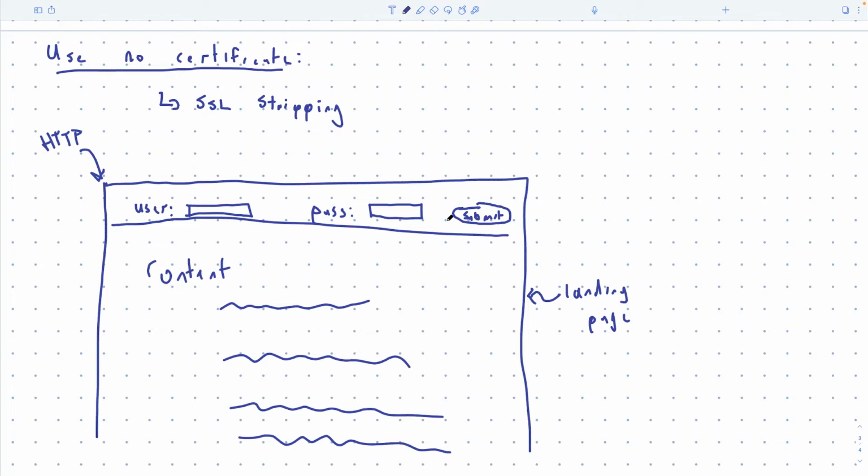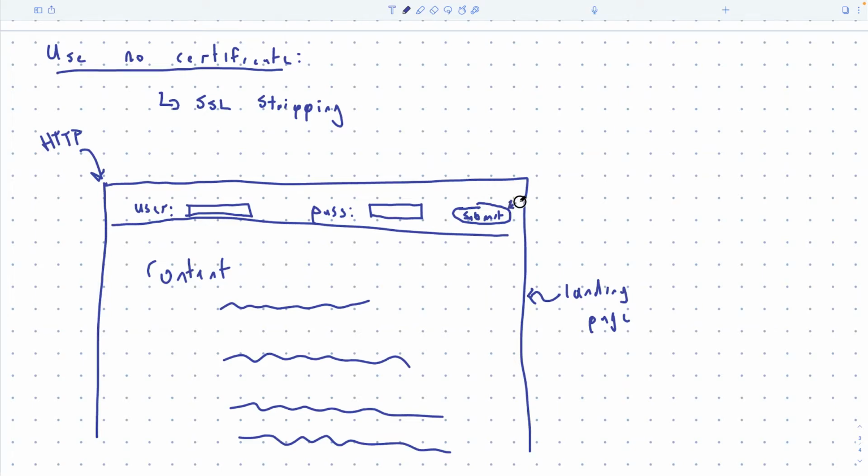You would get the page over the web on HTTP, but that submit button is wired to their HTTPS server. As soon as you press the button, it will log you in, and when you're redirected to the page after you logged in, it will now be on HTTPS.